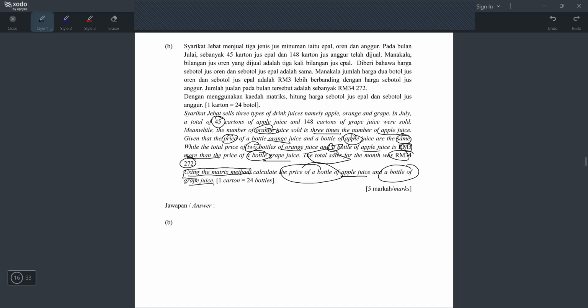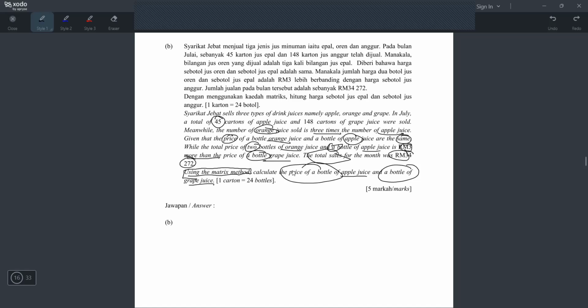Okay, if you baca macam ni, memang you feel lost. Memang you feel macam, how to do this question? Sebab dia punya information sekejap bagi sini, sekejap bagi situ, right? So, my tip for you is this. When it's a simultaneous question, you straight away ignore all the paragraph. You straight away look at the final baris, because the last baris will tell you what they want to find.